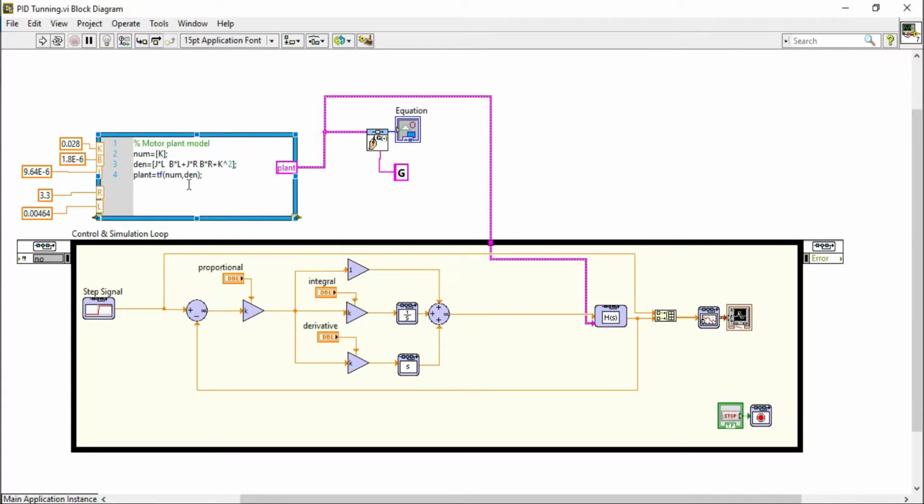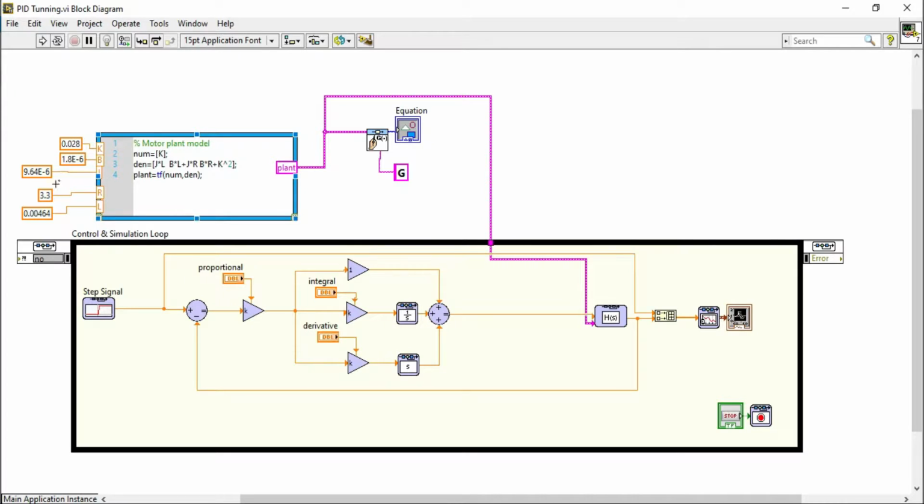Here is the transfer function of the DC motor, and this is my PID controller. Here is my KP, this is my KI, this is my KD, and this is my step input, and this is my motor transfer function from the outside.